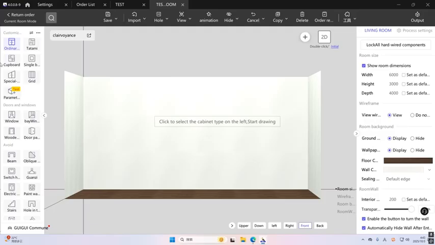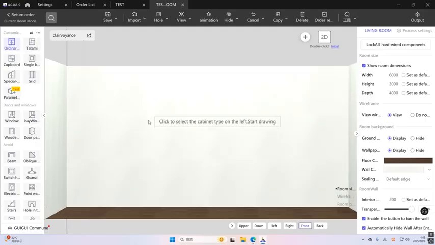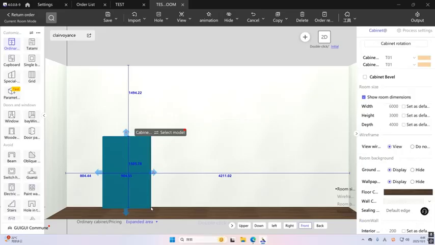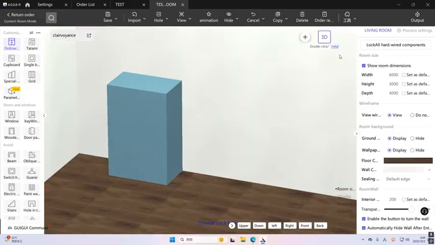For example, we are going to add a very simple or ordinary cabinet. We need to add a new cabinet, ordinary cabinet. We just choose it here, and then we press our mouse and then drag. There will be like a block or a cube here, and then we could switch to